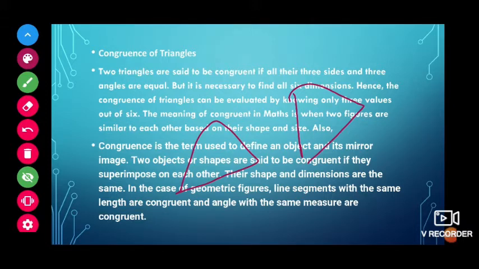Then each and every time we would have to check all six dimensions. Always we would check whether all the angles are equal, or whether all the sides are equal. Is it possible to check each and every dimension? No. By using some scenarios, meaning some rules and properties, we will check only three, and then we will say yes, the remaining will be the same and both triangles are equal. What are those properties? Now I'll show you.